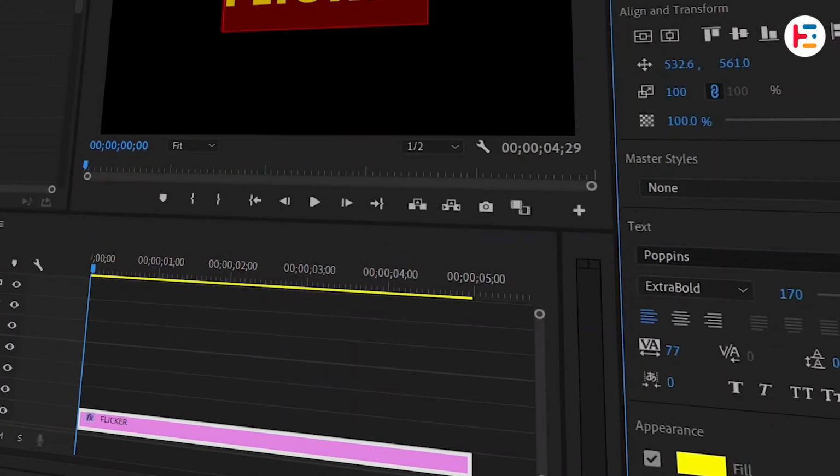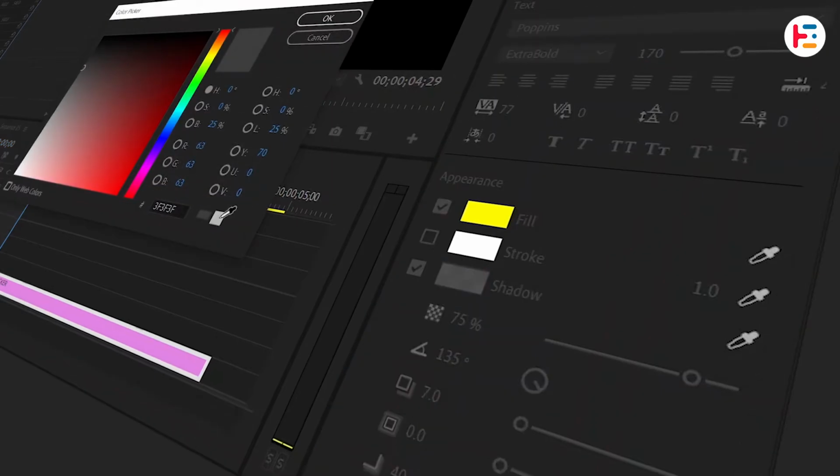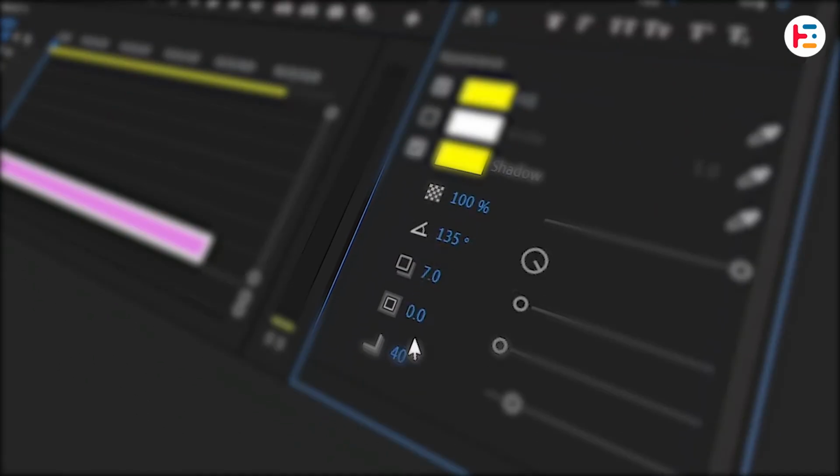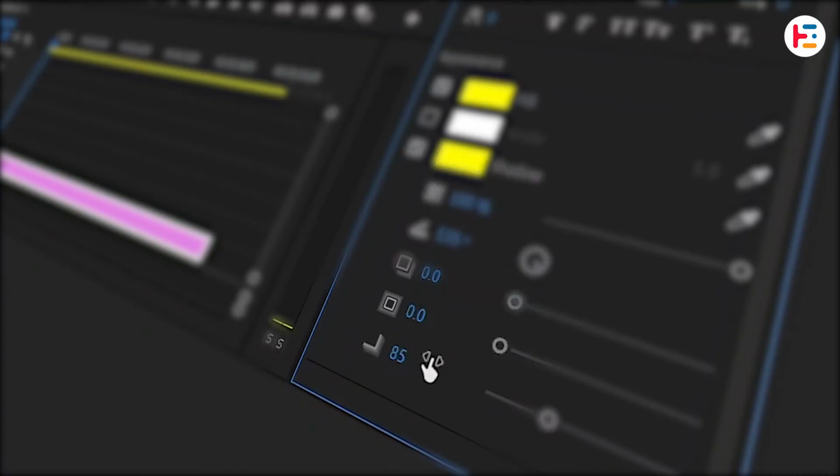To give it a glow effect, add a text shadow. Set the color to the same yellow color, and opacity to 100%. With both distance and spread at 0, adjust the blur to 85 for a nice glow, or increase it for